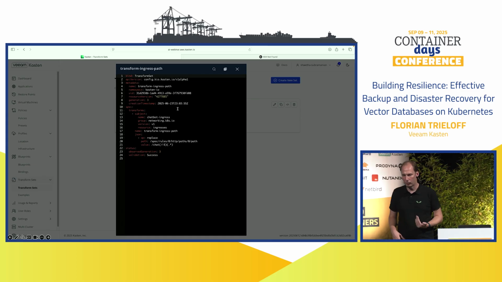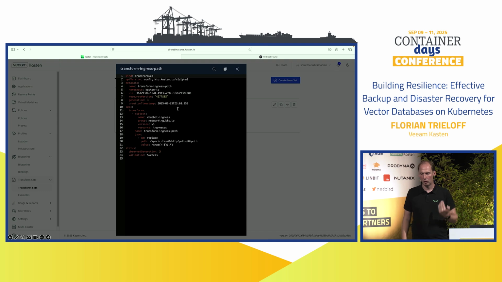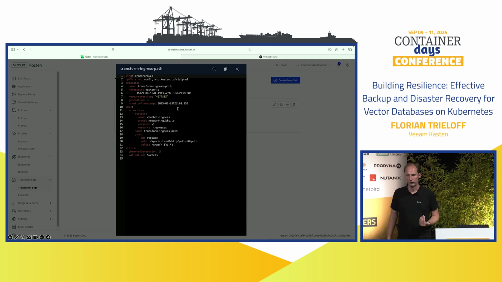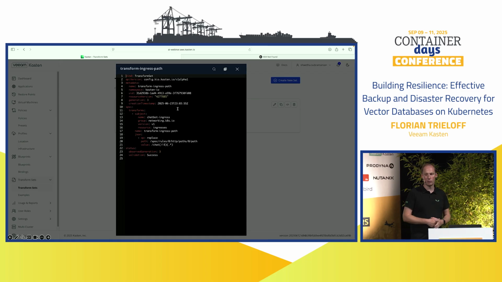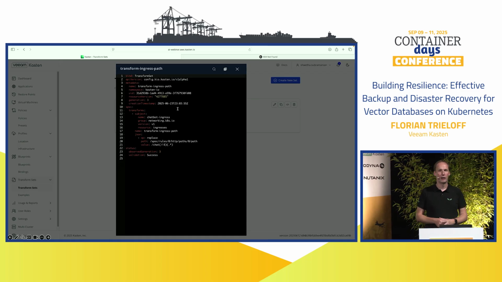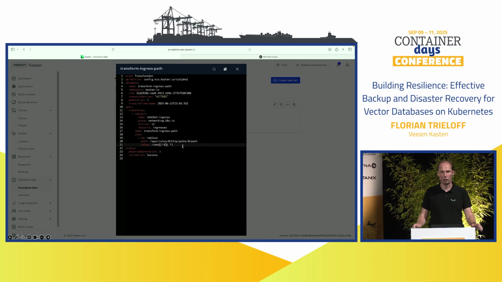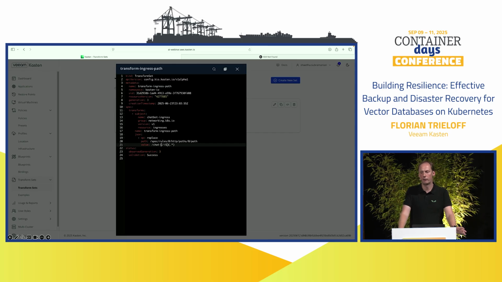And now we will just run a replace of the ingress path. It was /chat before, and we will now change this path here. And you can change this path also later on if everything is fine, everything is good.